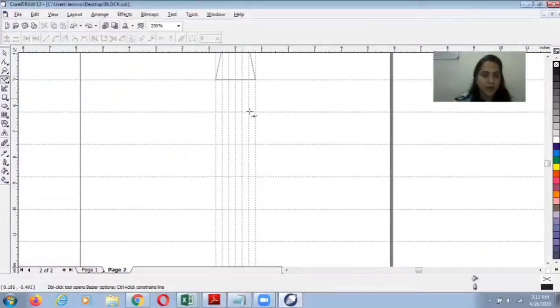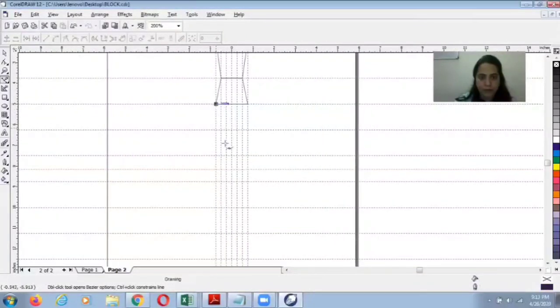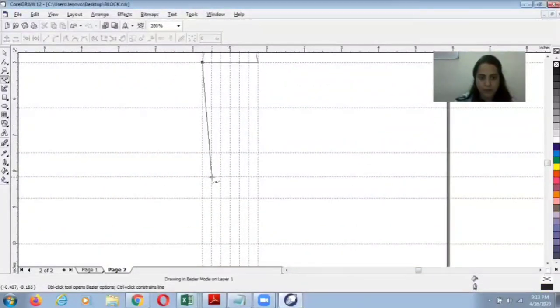Now we'll take midpoint of 7.5 and 8.75 for knee. Like this. 0.5, 0.5 for knee. Similarly on other side.